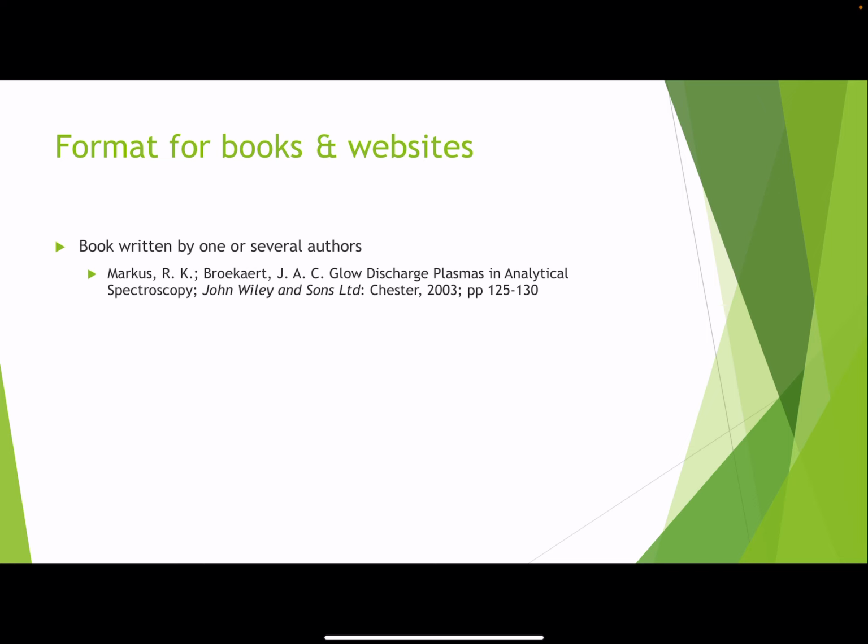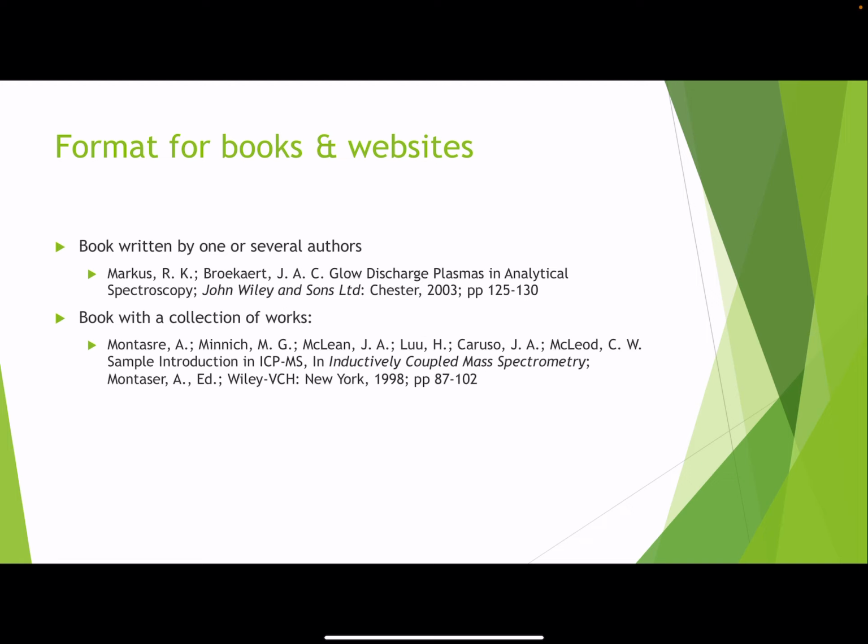For books, it's a similar thing, except make sure you have the title of your book, as well as the publisher, and you need where it was published. For a collection of works, you use your selected work, as well as the main name of the book, and then the publisher. A website is a little different. You want to make sure you have the name of the organization responsible for that project, as well as the URL and the date that you accessed it.